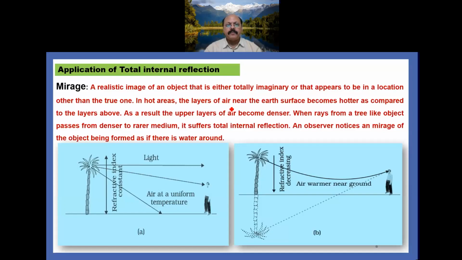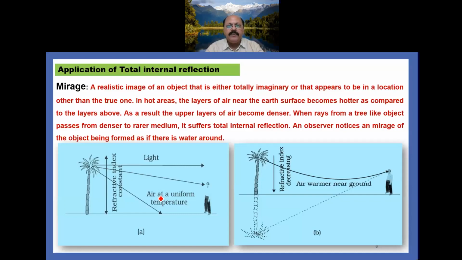Means, during the summer days, as we have seen on the highways, there is some water spot, but when we reach that spot, there is no water. That is because of total internal reflection, and that phenomenon is the mirage formation phenomenon, that is an optical illusion. Similarly, here one example is taken